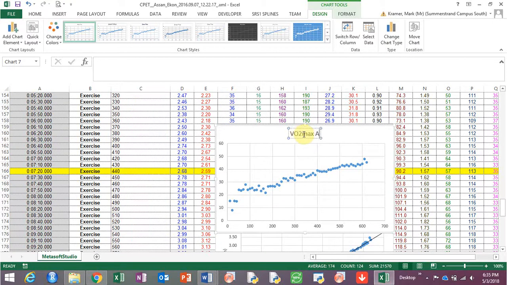VO2max analysis. And again, you'd have to label the y-axis, which would be your VO2, and label the x-axis, which would be your time. In this case, it's time in seconds. And again, it becomes difficult to really identify if this is a plateau in the VO2 max, in the VO2 uptake, and you'd have to use several criteria to identify whether that's truly a VO2 max or just a VO2 peak value. Okay. So again, you'd have to justify